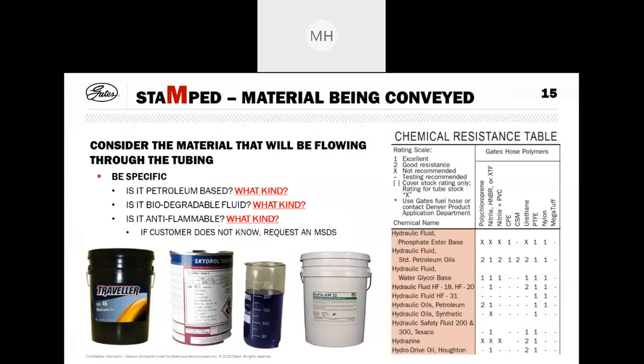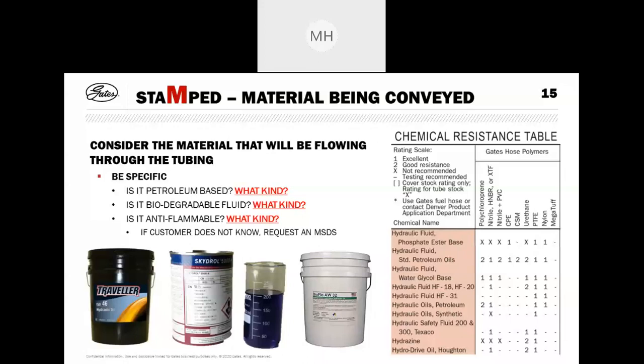Okay, so now we're looking at the M, which relates to the materials being conveyed. So this is what is going through the tube of the hose. So we need to be very specific about this. Is it a petroleum-based fluid? If so, what kind? Is it a biodegradable fluid? If so, what kind? Is it anti-flammable? If so, what kind? If the customer doesn't know, we dive a bit deeper into this, and we get the